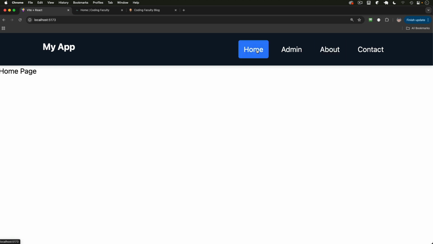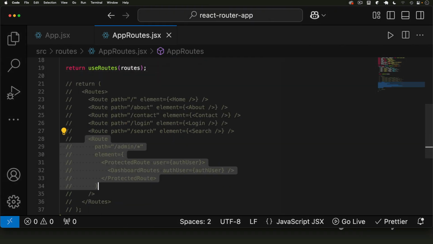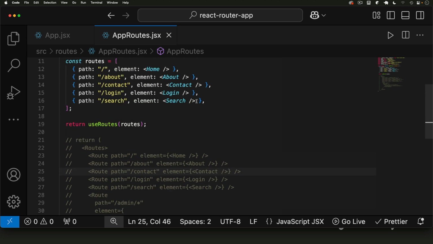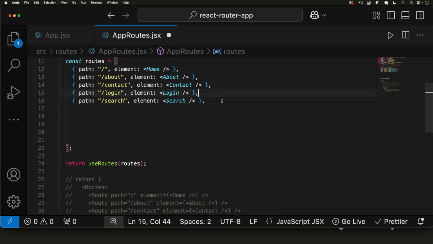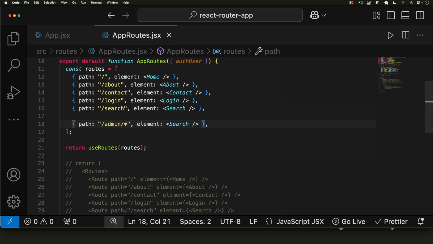Pretty cool stuff. All right, so now with the nesting, let's go in the nesting and let's see how we can make that work. So right here, I'm going to put another comma, of course. We have it there, right? And it's going to be an object just like this. As a matter of fact, let me just copy this, guys, so I don't have to write everything from scratch. And in here in the path, I'm just going to do the same thing we have below. Asterisk, like that. And the element is going to be,